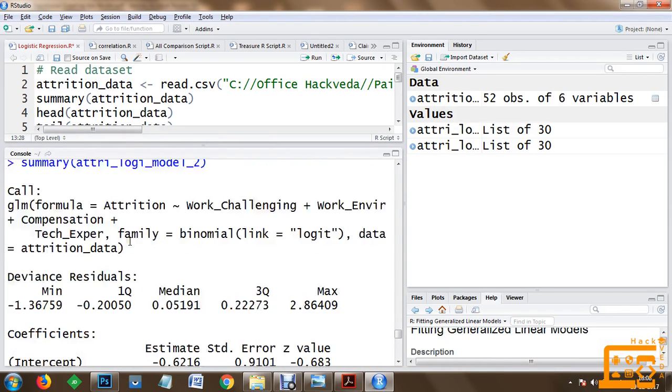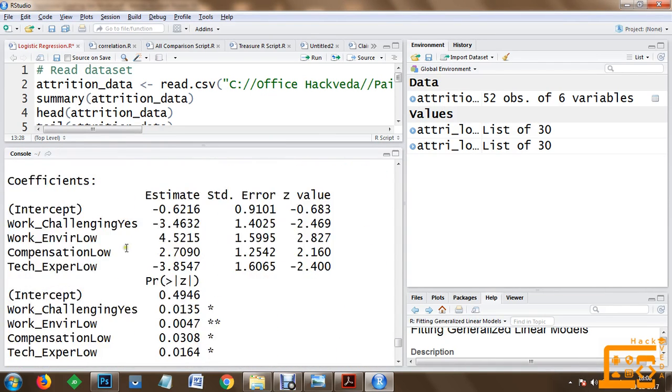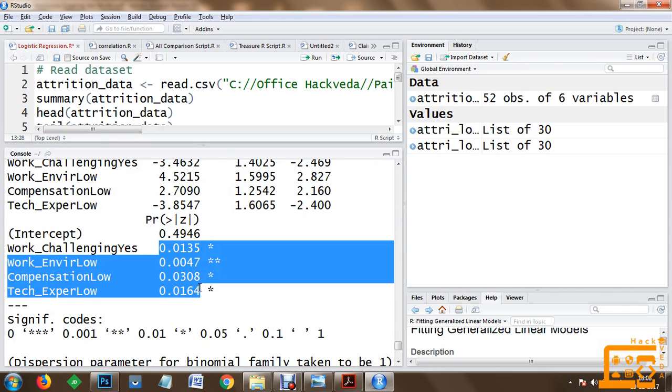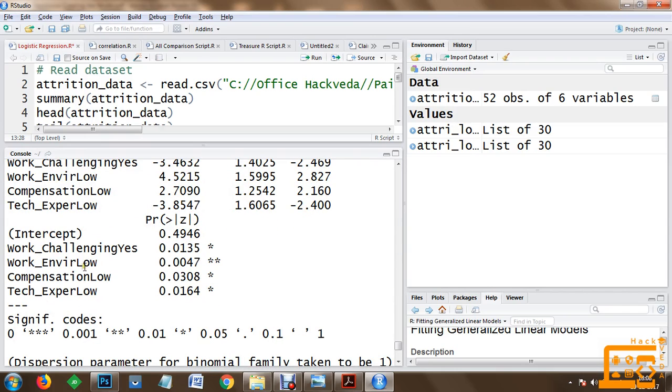And now as far as this is concerned, you can see that again the reference variables and one of the factor is considered here, and as far as the p-values are concerned, this time all these four variables like work challenging, work environment, compensation and technical expertise are considered significant in prediction of attrition.